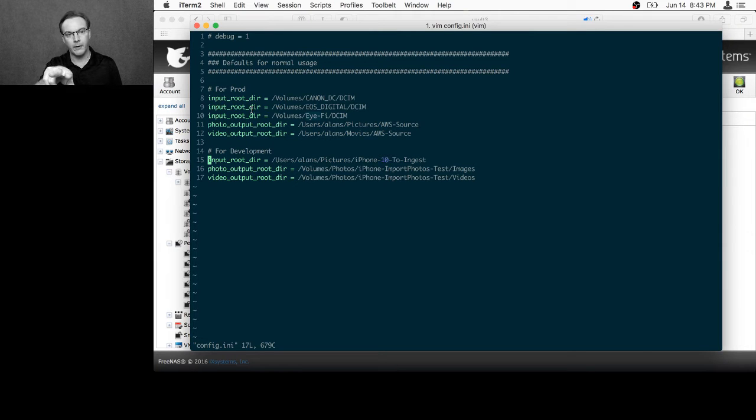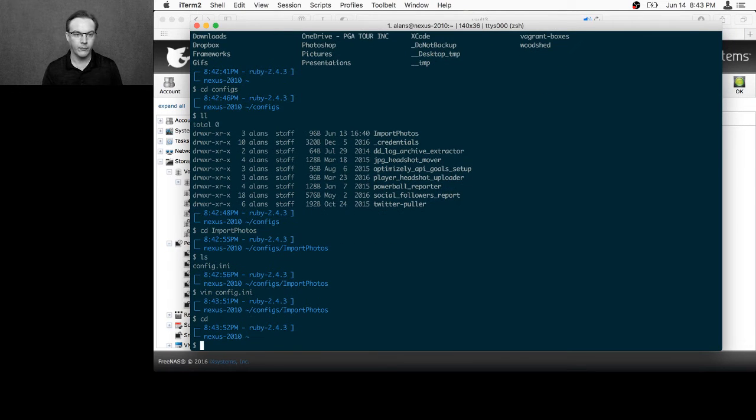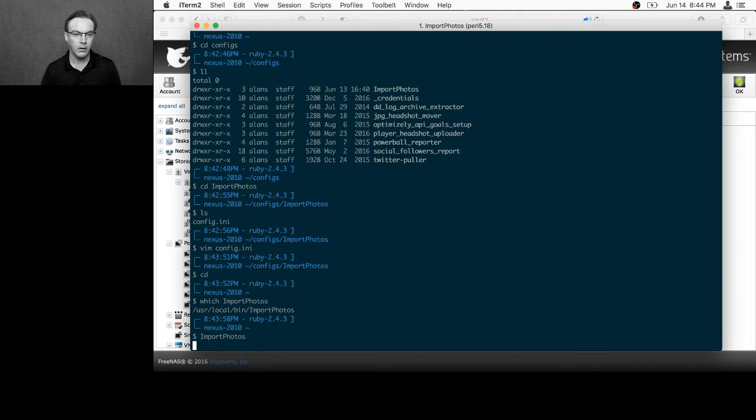And then there's 2 output directories, one for photos and one for videos or movies. So you'll see here in a second. I need to make sure that this is all configured right. And then I've got the script set up. If I do which import photos, I've got the script in my path locally, and it's set up to be executable. So I can just do import photos, and what you'll see,